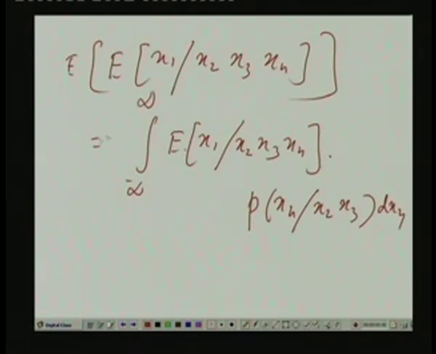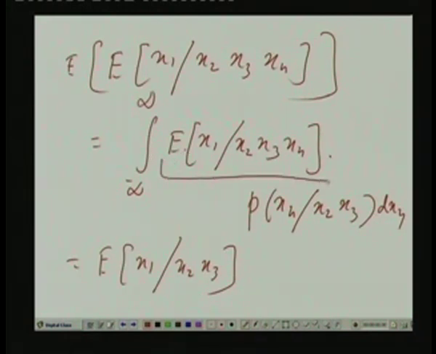And what will this give rise to? Consider this expression: it was E of x1 given x2, x3, x4, and there I took the further average over x4. So I am left with nothing but just E of x1 given x2, x3. So that means, given a conditional expected value, consider this and this one and this one, given a conditional expected value